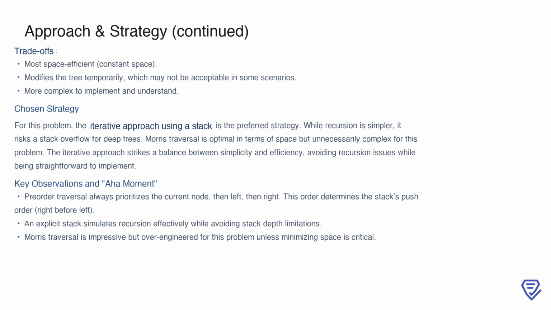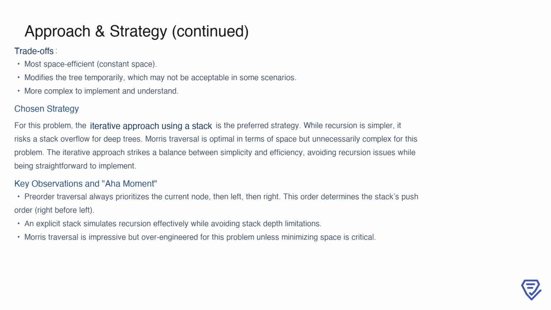Recursion, while elegant, risks stack overflow for deep trees, which makes it less reliable. On the other hand, Morris traversal, though space-optimal, is unnecessarily intricate for this problem, where minimizing space isn't a critical requirement. The iterative approach avoids recursion limits while remaining straightforward and efficient, making it a practical choice for a wide